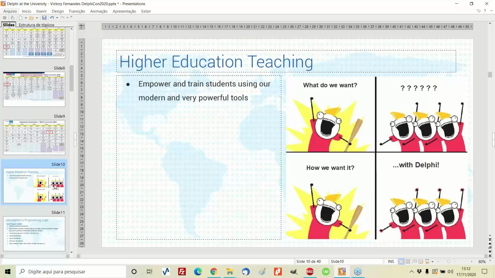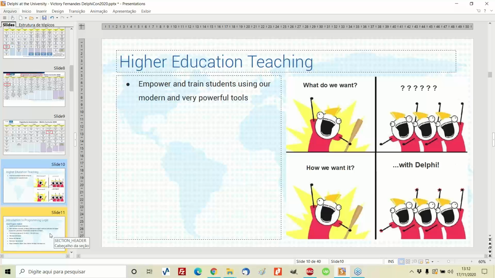This is what we are supposed to be doing nowadays, 20 years after I left the university. My teachers had this challenge 20 years ago, and I have this very same challenge nowadays. So how do we want to do that? We want to do it with Delphi and C++ Builder.